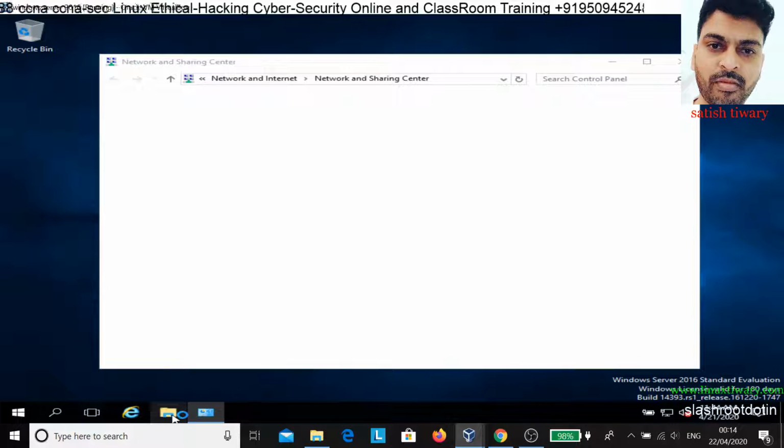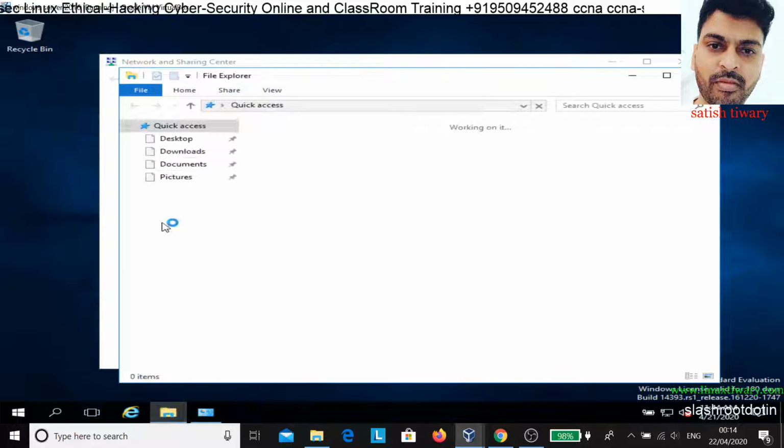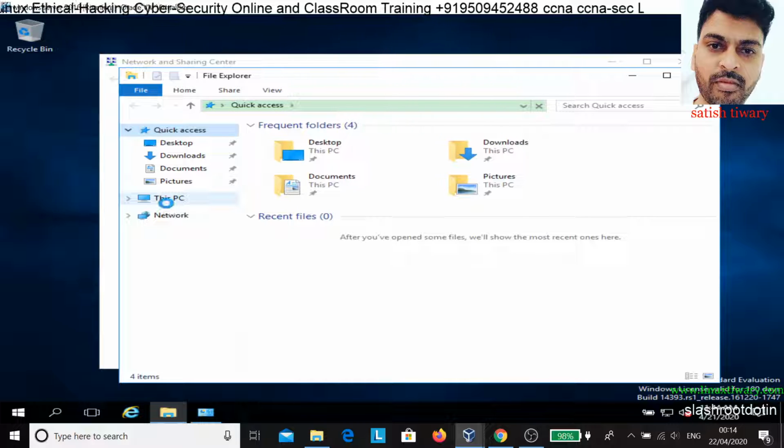And you can also check for the name changes. I will show you both at a time. Go to This PC, right click and go to properties, and you will see the name.